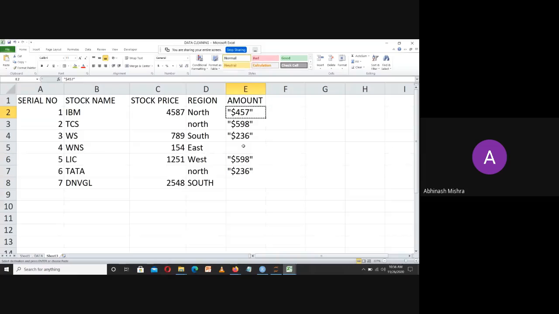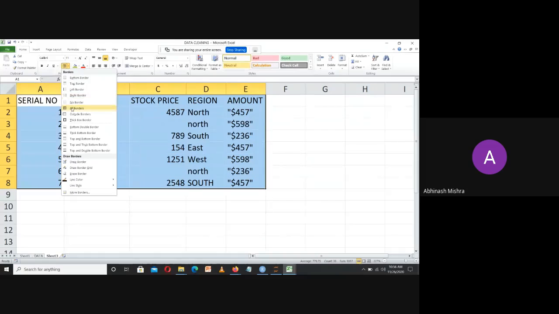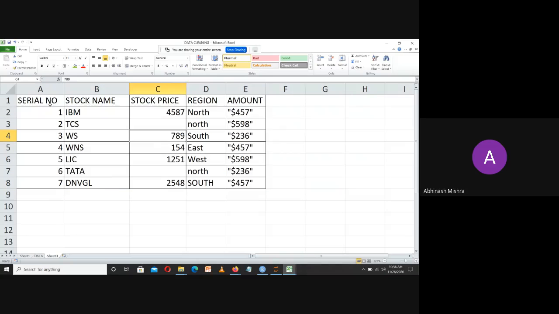So I'll be copying some jumbled form of data. Fine. Now suppose I have this data with me. I make a very simple form of data, and I have this data with me. Now you will be looking at this particular format of data and saying, okay, this data is fine. We don't think that there is some sort of implementation which can be done to analyze this data.